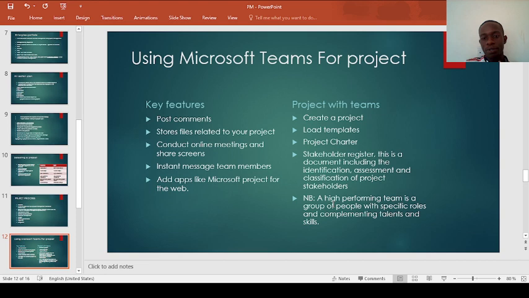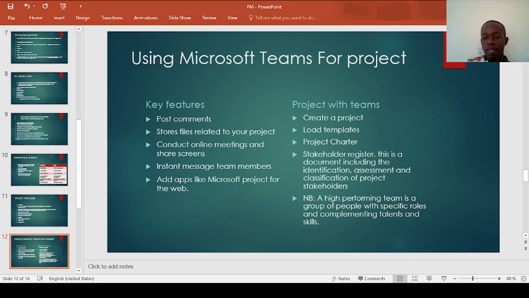Then we have different projects that have been created with Microsoft, and different things have been added and used. We have creating projects, loading templates, creating the project charter, stakeholder register, registering stakeholders, and